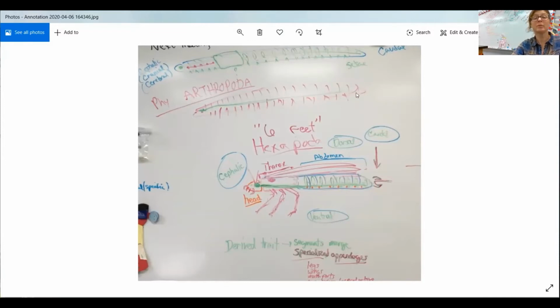And so here's my millipede. Superficially it looks really similar to the earthworm up above. The millipede drawn in pink looks a lot like the earthworm that's up above it. And we have a similar idea of segment after segment after segment.